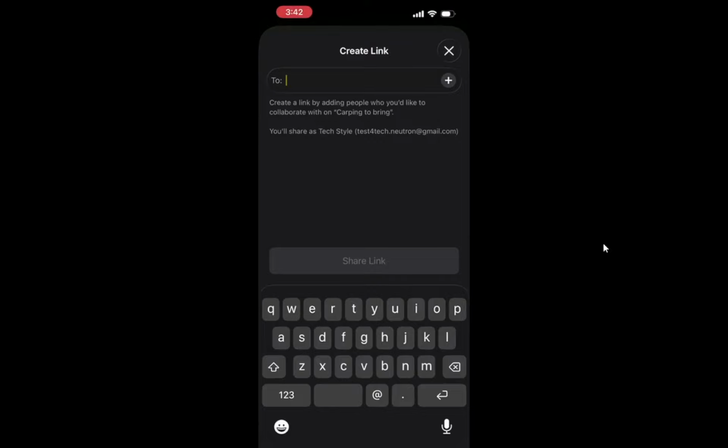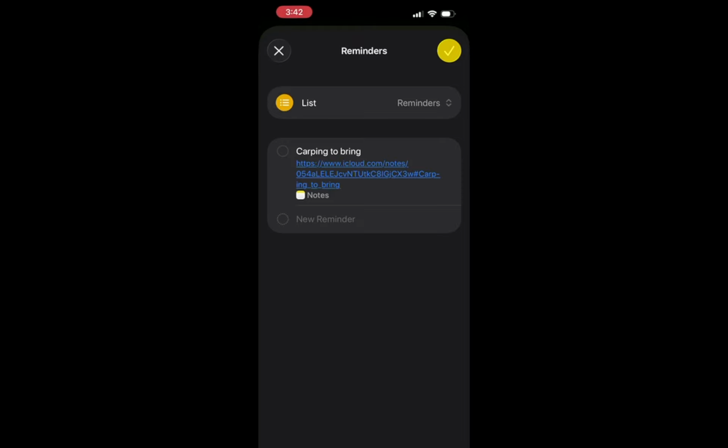Next, you will be prompted to choose or create a reminders list. If you already have lists set up, select the one that fits best for your current task. If not, you can create a new list by tapping on New List at the bottom of the screen. Organizing your reminders into lists helps you stay focused and allows for better management of related tasks. This small organizational step can make a significant difference in your productivity.